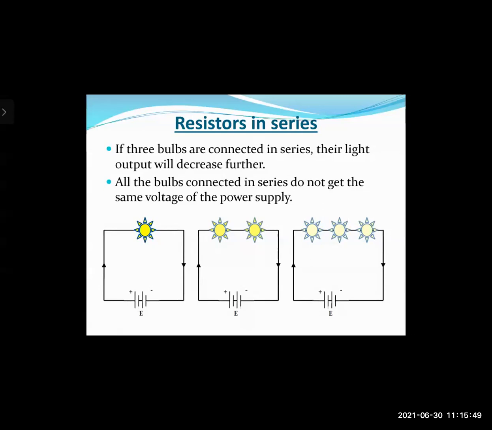When you look at the diagram in the middle, there you have two light bulbs now. So two light bulbs, now they are sharing the total voltage. So there is a voltage drop. So they will be slightly dimmer than the first case. In the third case, what you can see in the third diagram, there are three light bulbs, right? So in that case, the three light bulbs are sharing the total voltage. Okay, so there will be a voltage drop and the light will get still dimmer. You need to remember current flowing will remain the same. Why? Because there is a same wire through which the current is going, right?